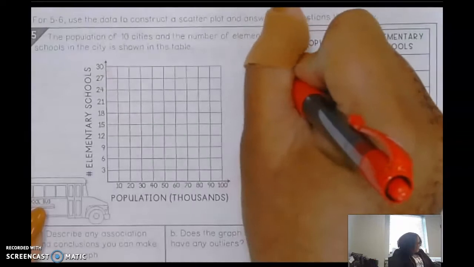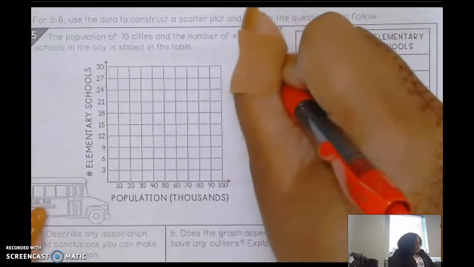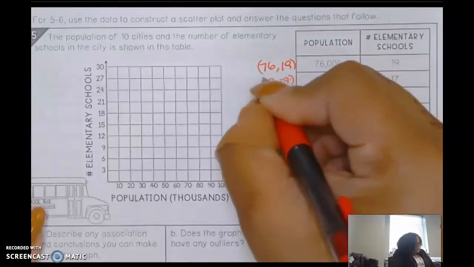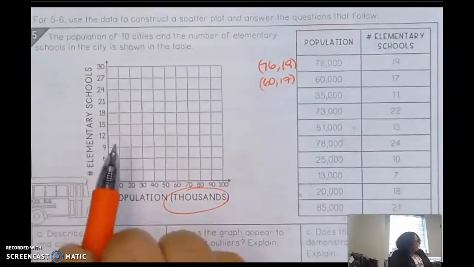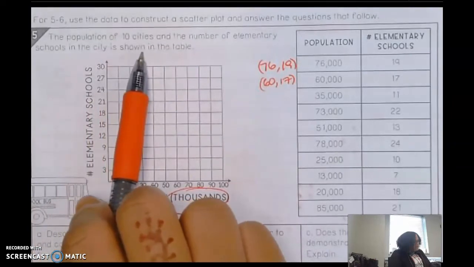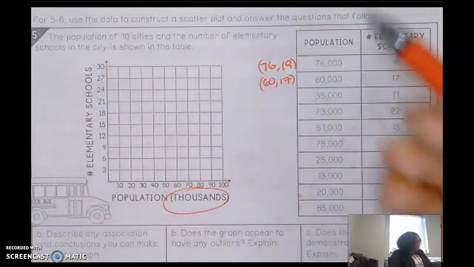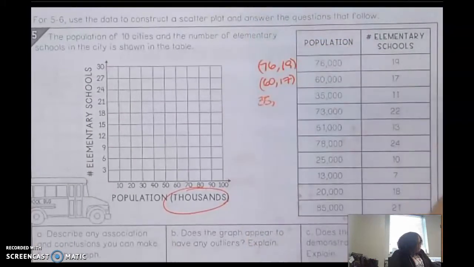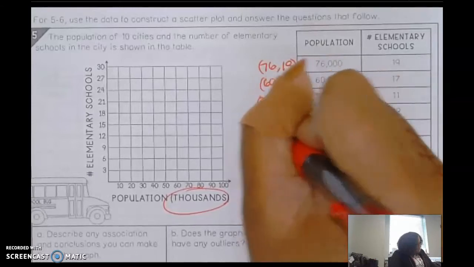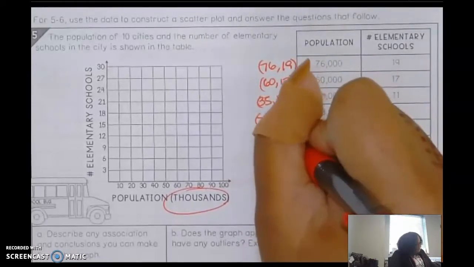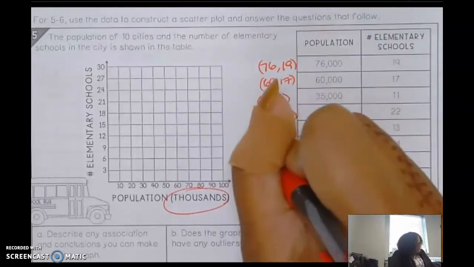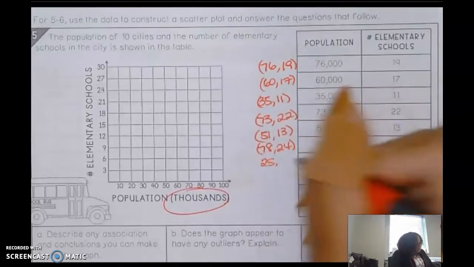So I'm going to do 76, 19. Okay, that's one coordinate pair. 60 and 17, because they have us, again, using thousands. The population of 10 cities and the number of elementary schools in the city is shown in the table. So I've got 35 and 11, 73 and 22, 51 and 13, 78, 24, 25, 10,